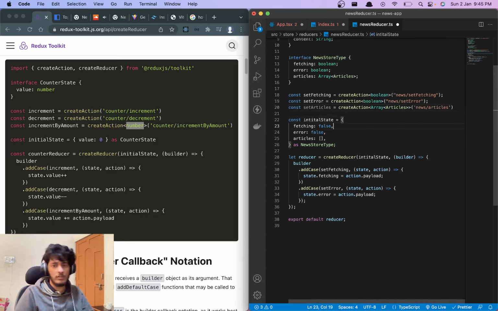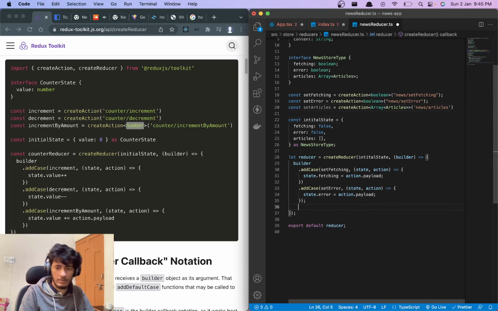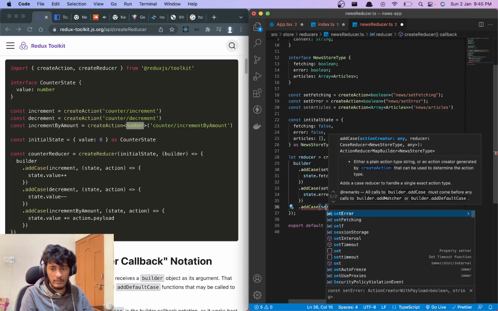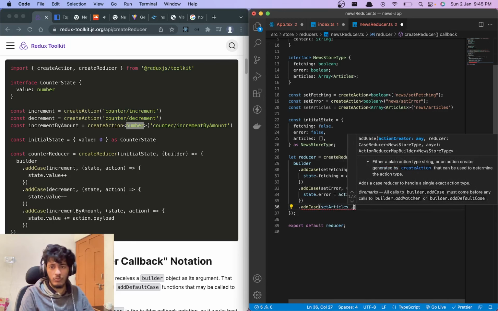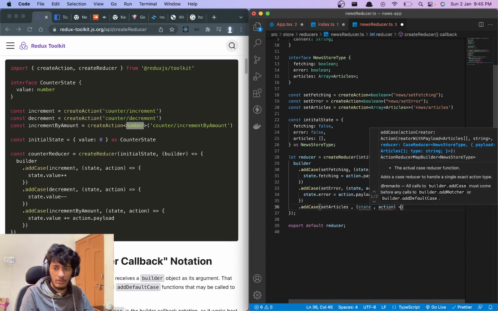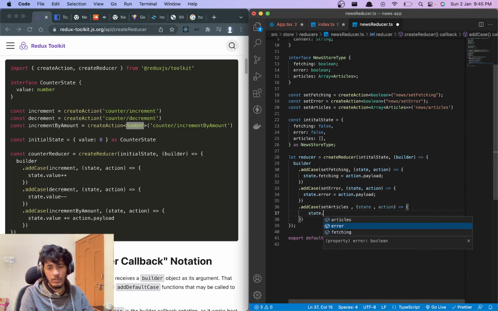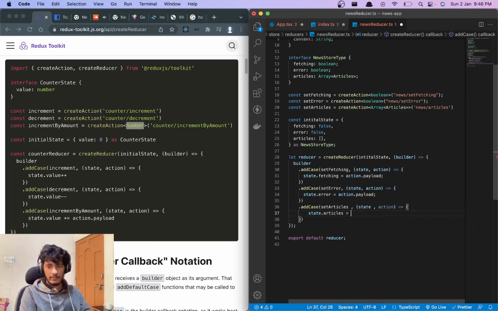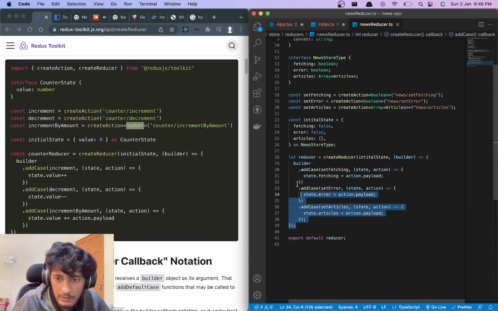That's the articles, and similarly over here we can do dot add case and say set articles, right? So we receive the state and the action over here, and we can say state dot articles is equal to action dot payload, right? So that's what we want.